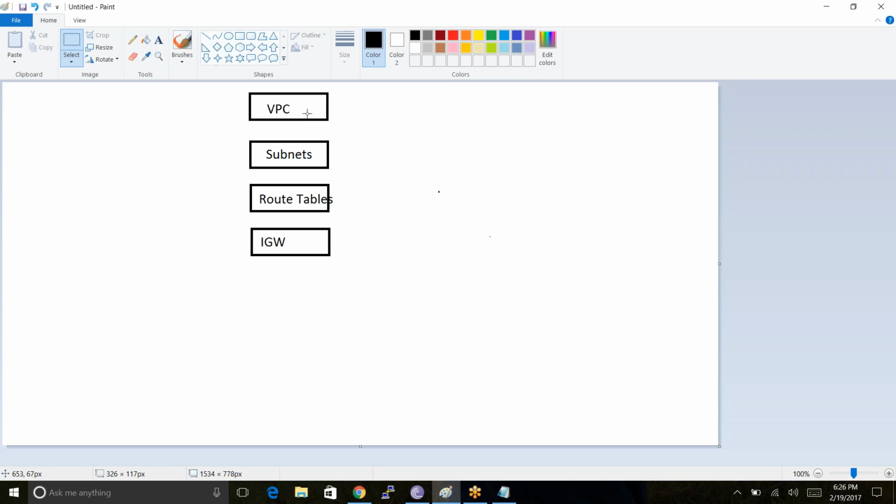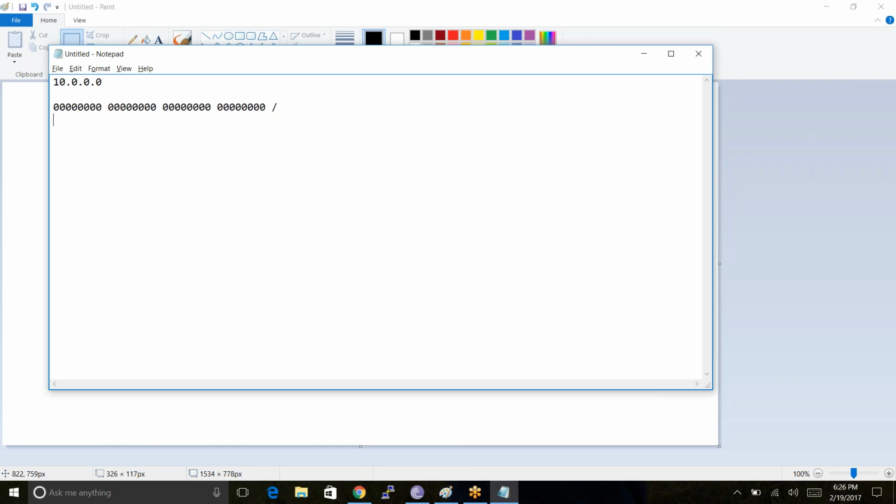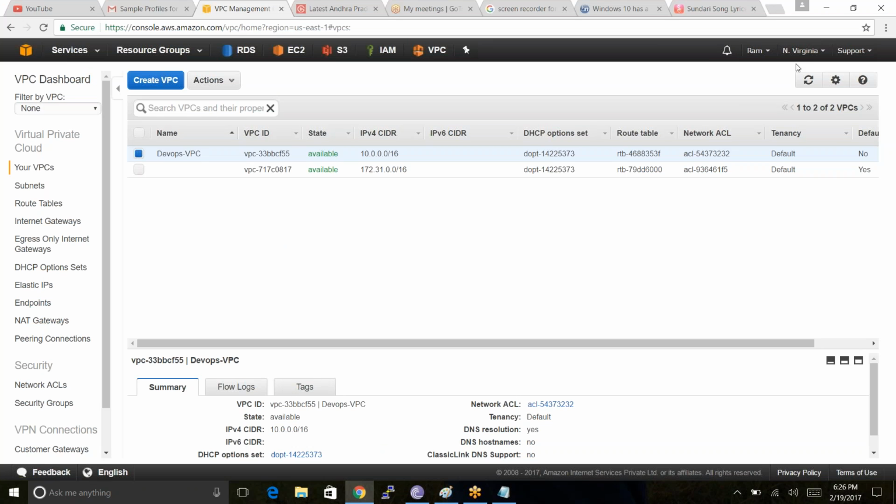We will need different subnets, like a public subnet and a private subnet. A public subnet is one whose IPs are exposed to the public, and a private subnet is one whose IPs are not accessible from the public. Every organization needs two subnets, one public and one private. First we are going to create the public subnet and the private subnet.